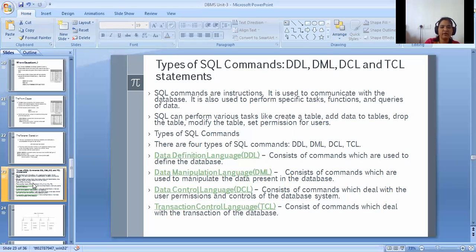And transaction control language, it consists of commands which deal with the transactions of the database.